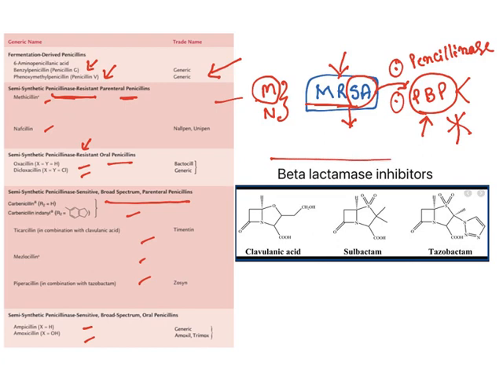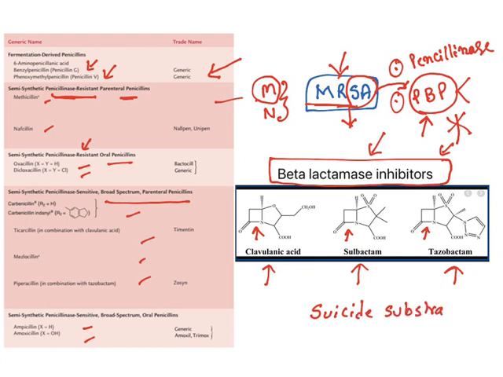Now, the last one. There are certain drugs known as beta-lactamase inhibitors. As such, they cannot inhibit bacteria, but they will inhibit the beta-lactamase enzyme. You can see them: clavulanic acid, sulbactam, tazobactam, all of them contain a beta-lactam ring. But they have very weak antibacterial activity, but they inhibit this enzyme. They are also known as suicide substrates. So, they are given along with antibiotics. They go and bind with that enzyme and they get destroyed. They are committing suicide and helping the given antibiotic to survive. So, they are known as suicide substrates.